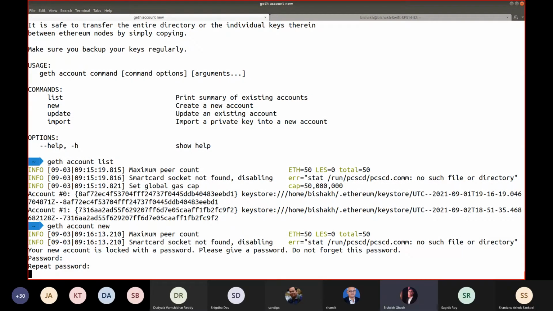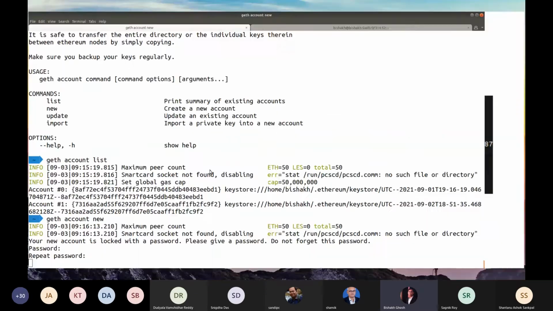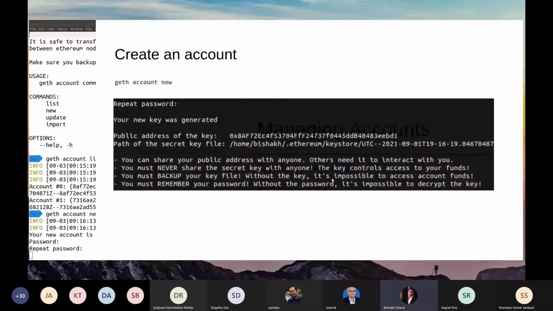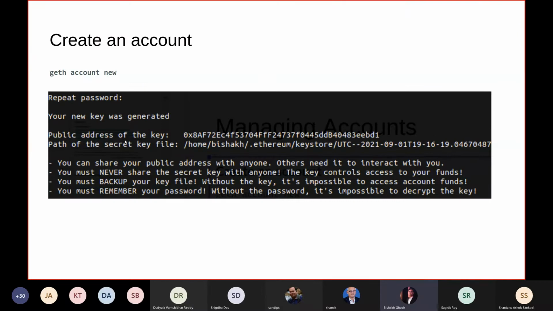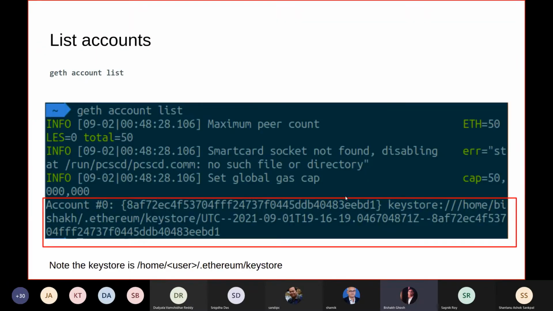And so it takes some time to create the account because it involves cryptography, so it is a bit slow. So let us give it some time and go through the slides once again. So this is how you create an account, and then I already have shown you this account list will show